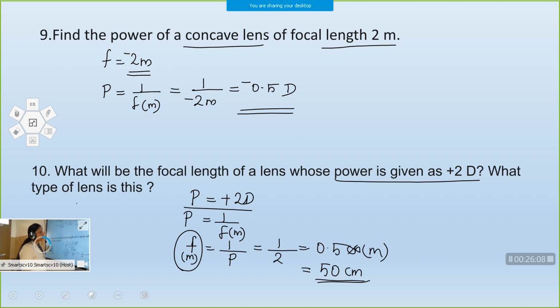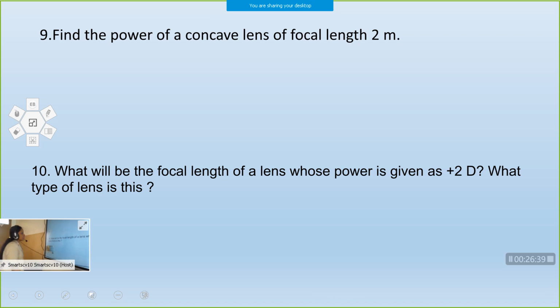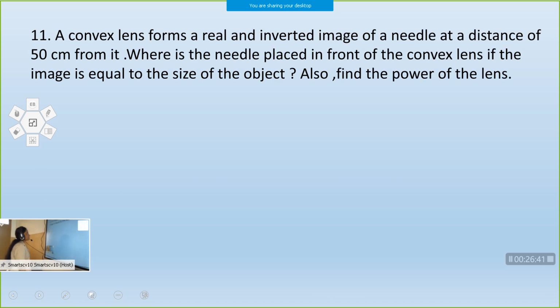That's also correct. So here power is given as +2 diopter. We have to find out focal length. Focal length is inverse of power, so 1 by 2. What you will be obtaining will be in meters, so 0.5 meter, that is equal to 50 centimeter. Finish doing, all of you. So by this the chapter is over. We will have a quick summary of the chapter light.